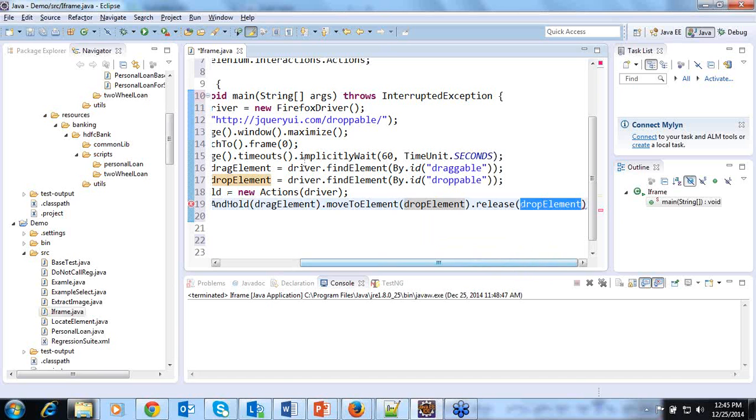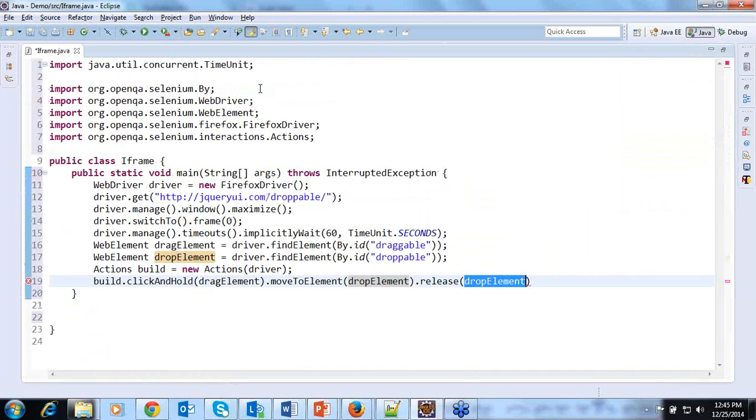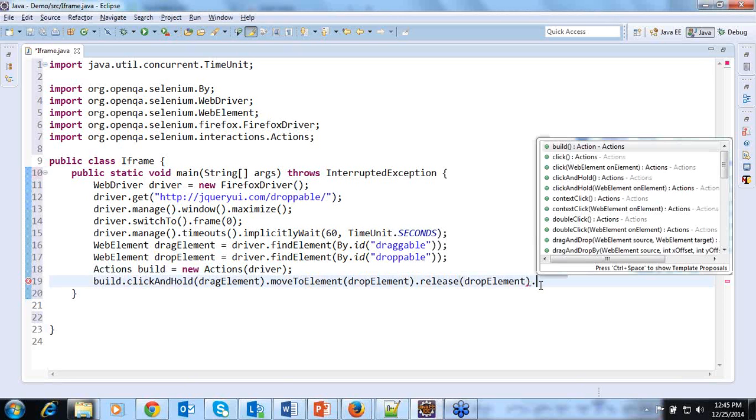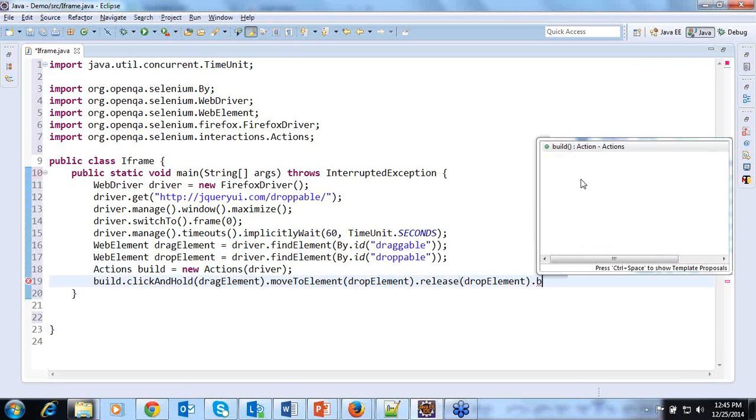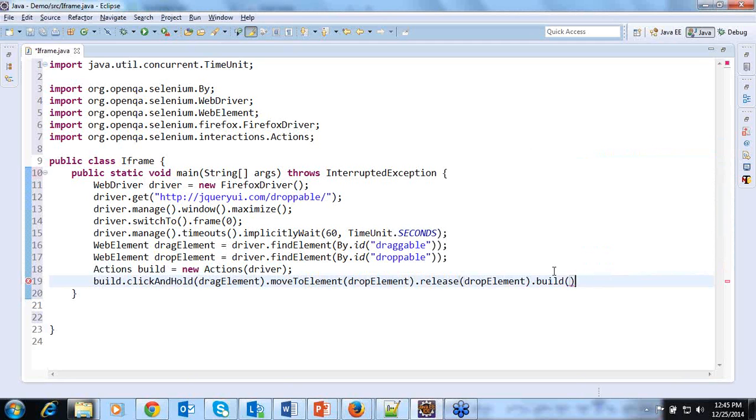This is not going to end here. If you want to do some actions, we need to use one more method called build, and along with the build we need to perform some actions like click or drop, whatever action we need to perform.